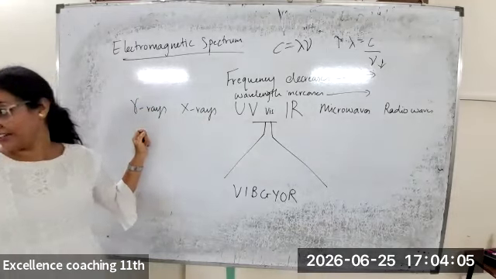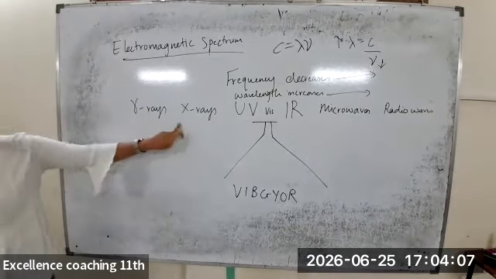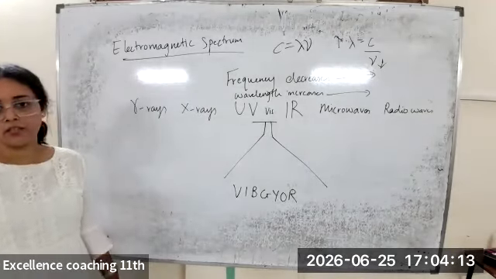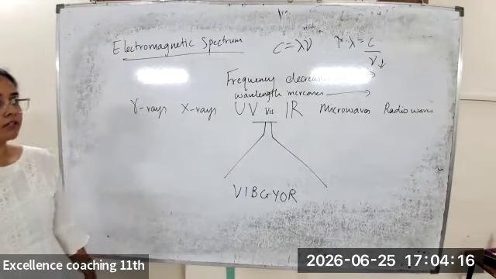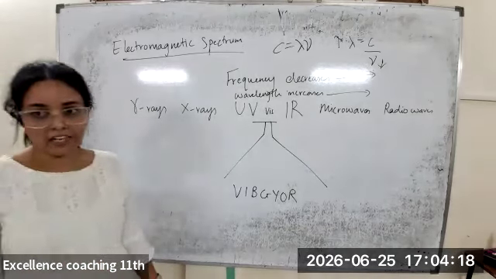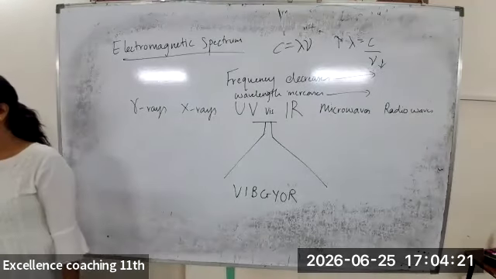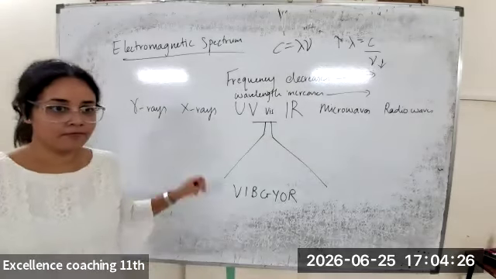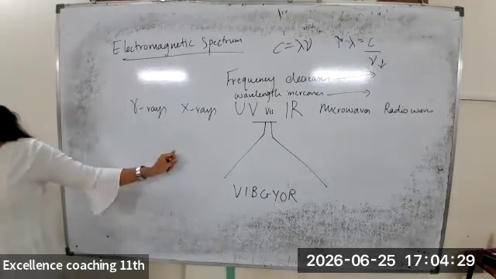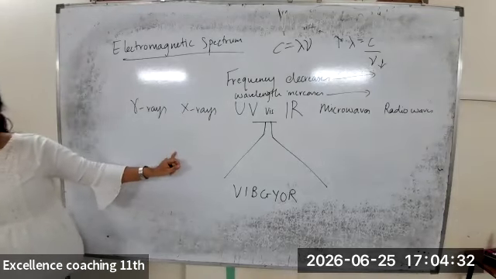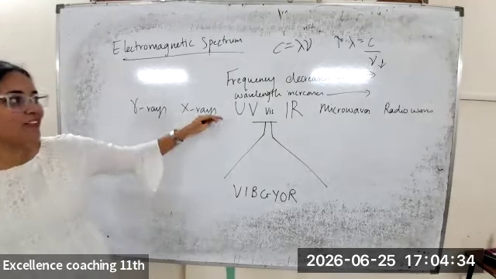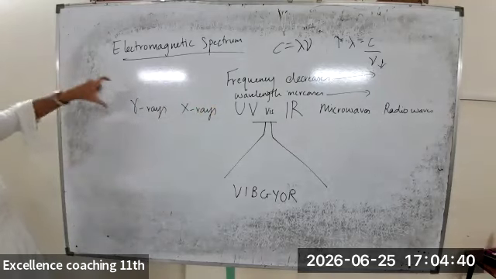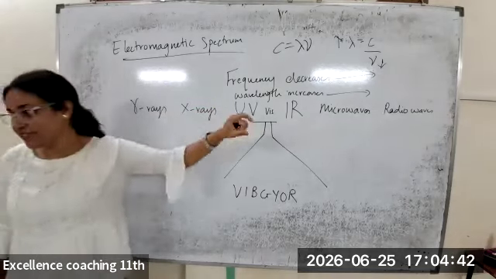if I consider IR, that is infrared, and if I consider X-rays, which will have a higher frequency, IR or X-rays? Think properly and tell. X-rays, right? Why is that? Because the frequency decreases. So if I say something decreases, then this side it will be higher and that side it will be lesser,